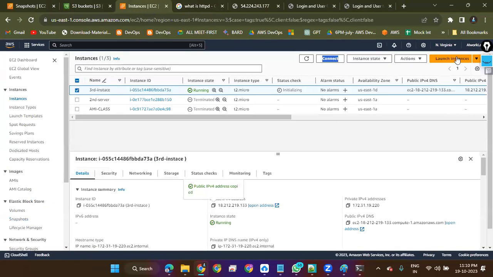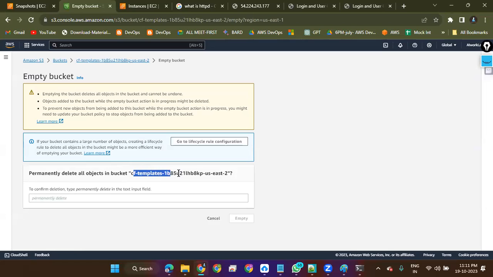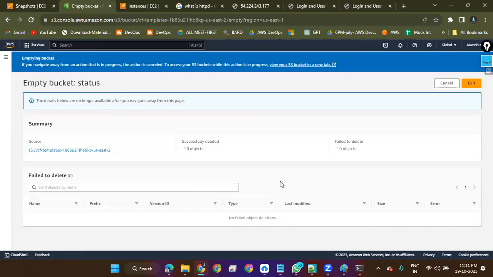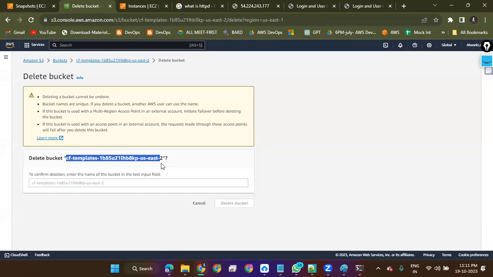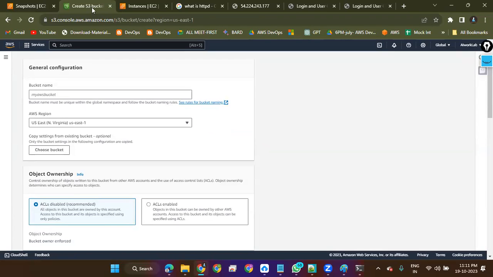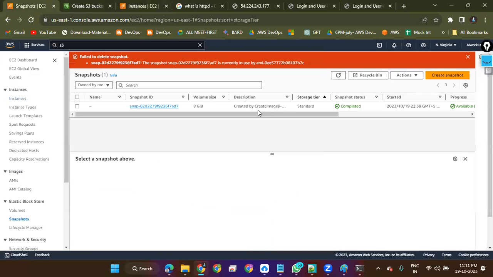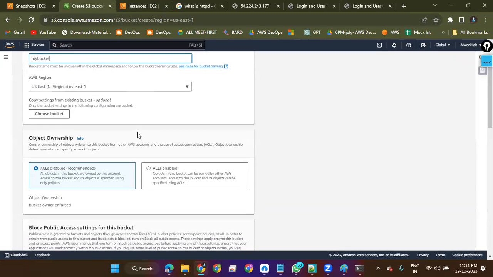US East 2, right? It's why the bucket I created here, when I created CF template files. Virginia.